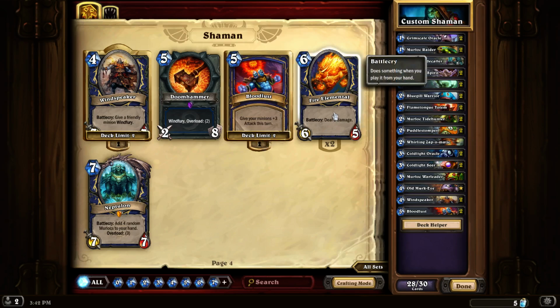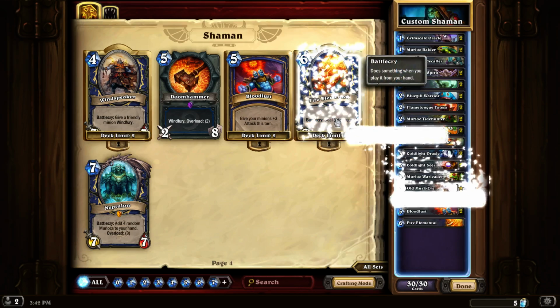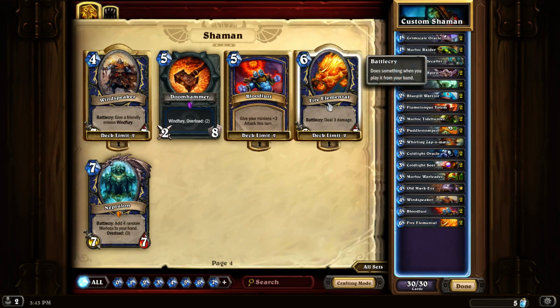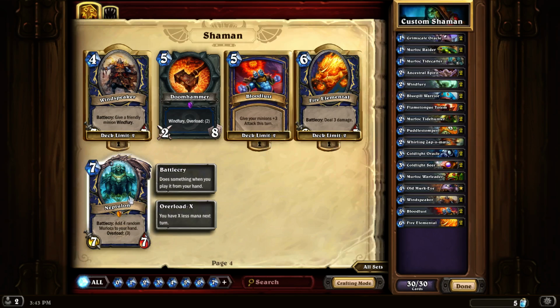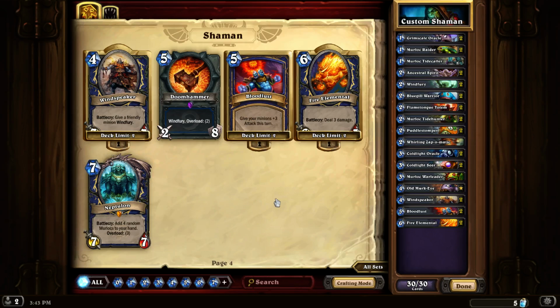my deck. And then I'll bring out the Fire Elemental because it's pretty good. It does 3 damage, it's a 6 attack, 5 health. I probably could trade this for something better if I thought about it. And then Neptulon. Well, I've missed something here and added a card because my deck is,